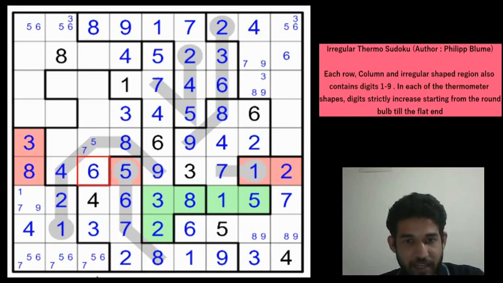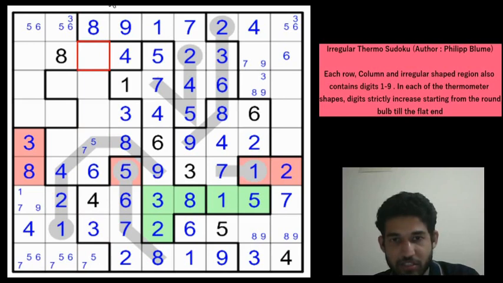So we can candidate them in these 3 cells. So you have a 6 here, so this cannot be a 6. And now the moment we did that, we have a 5, 7 pair. So 3, 4, 6, 5, 7, 8. Remaining digits 1, 2 and 9. So 2 is here, so this is 1 and 9.